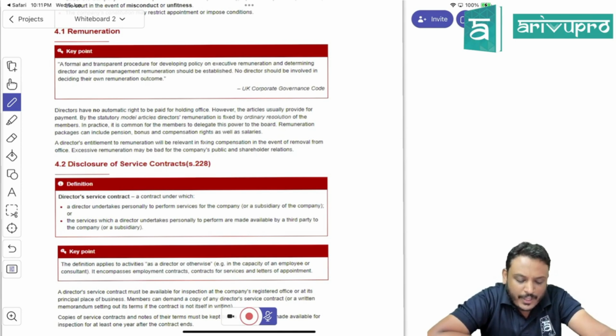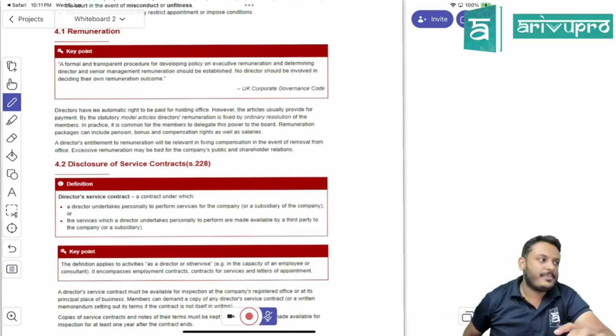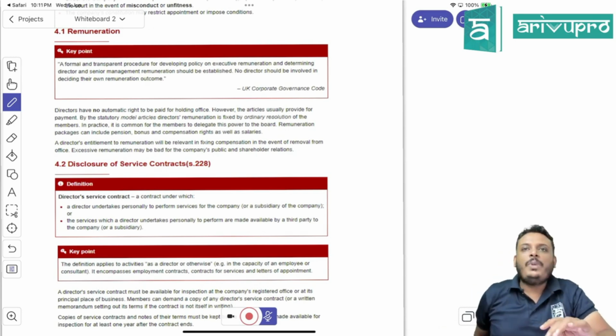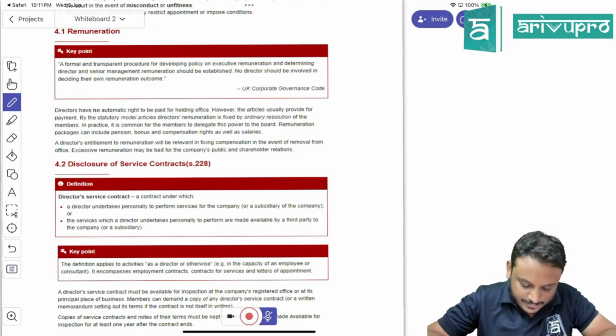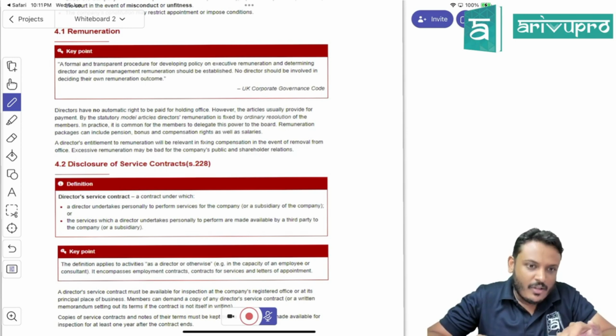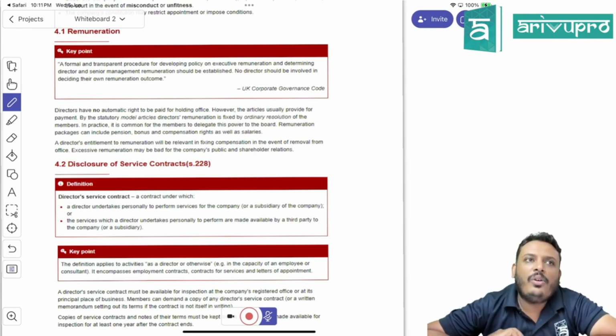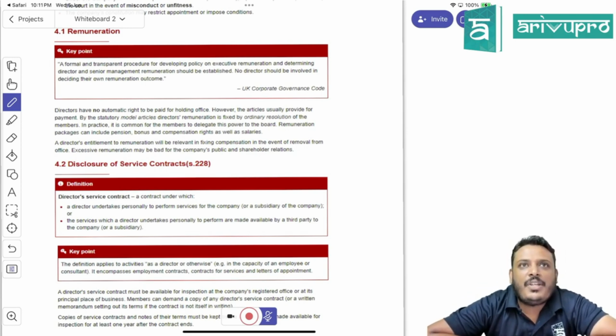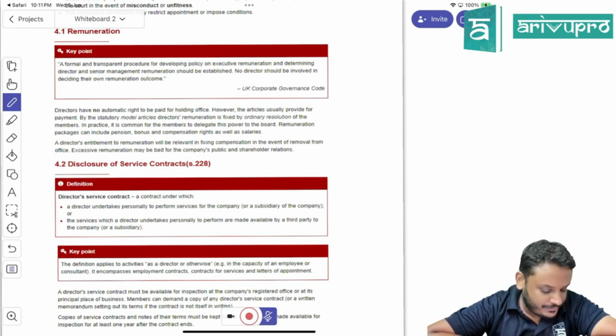So write down the first point. There should be a transparent procedure for directors' remuneration.